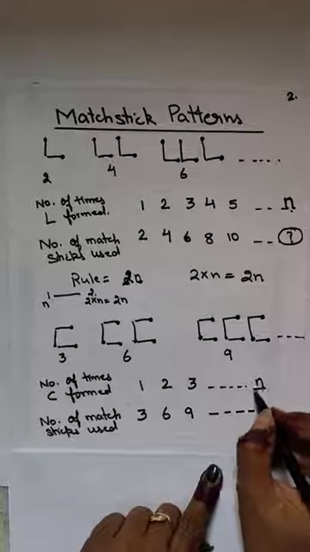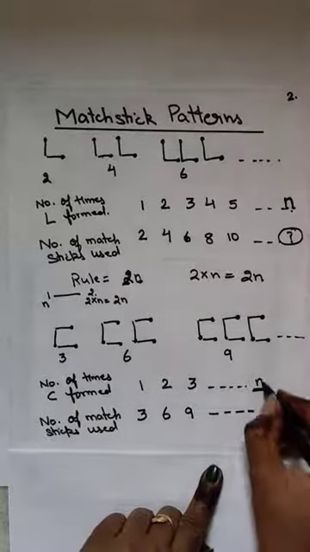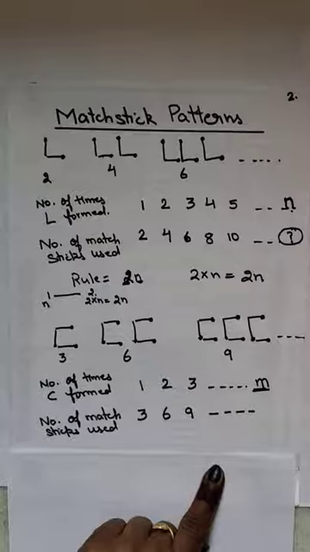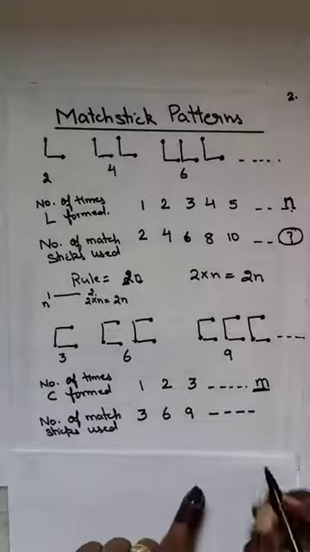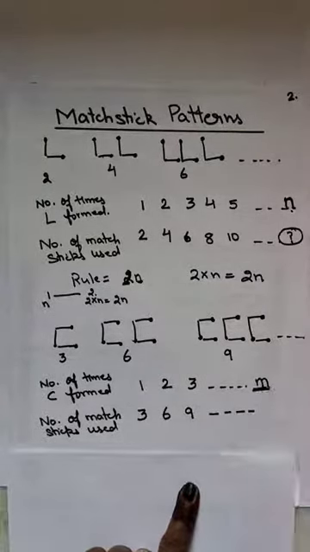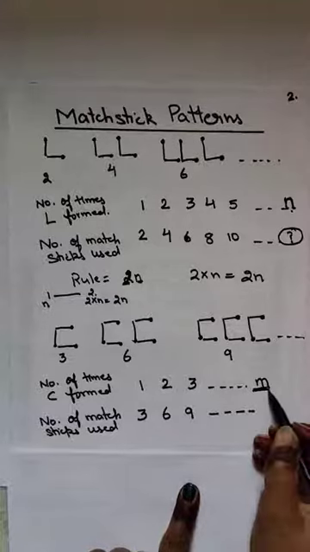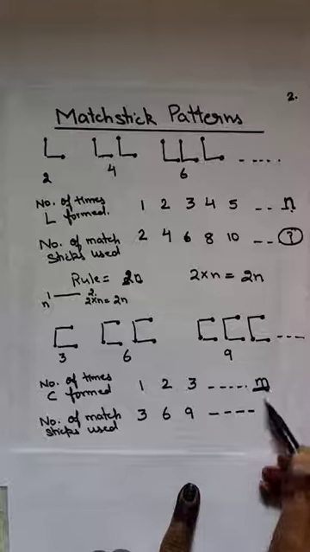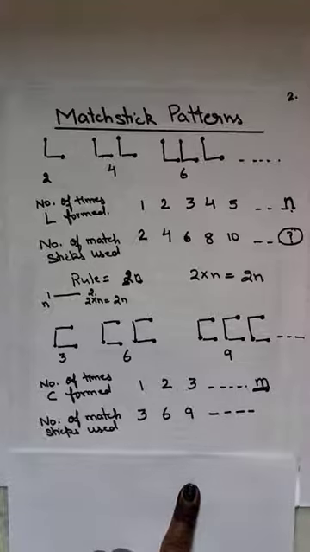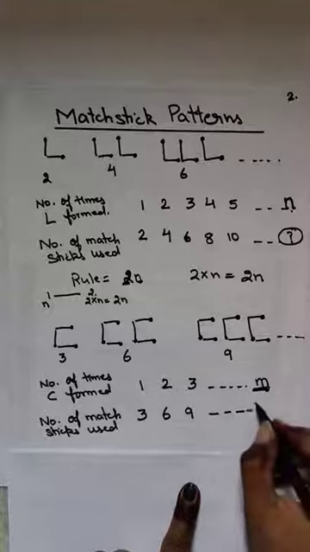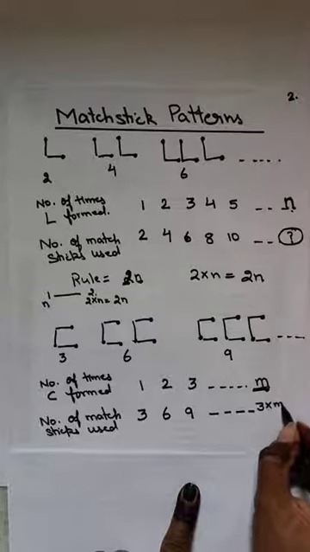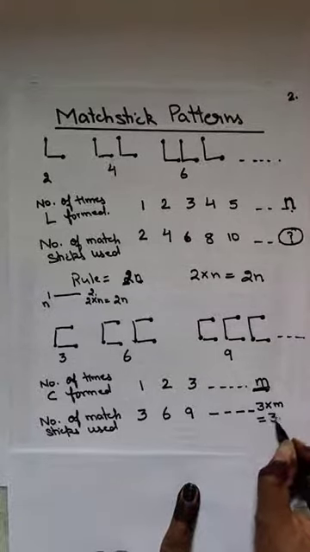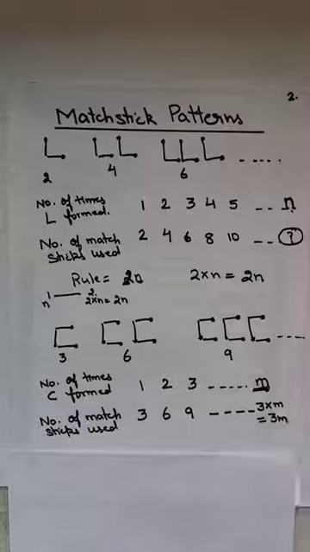it is not necessary that you will write n only. You can write m also, or x also. But this variable is always in small letters. I am taking here now m. Then if I am writing C m number of times, how many matchsticks are used? It is 3 multiplied by m, which is equal to 3m. So this is the rule of making a matchstick pattern.